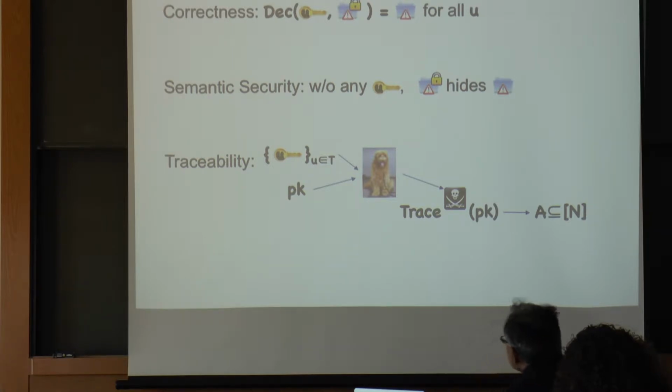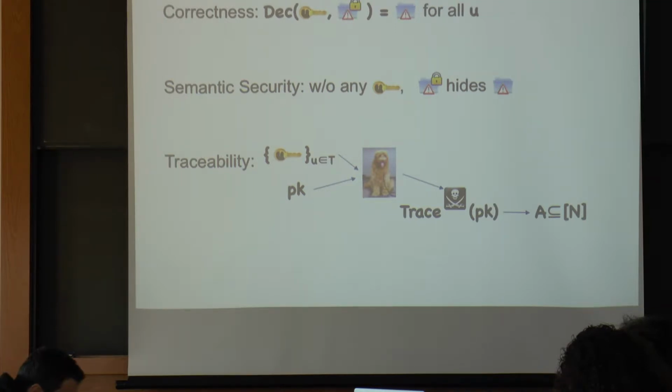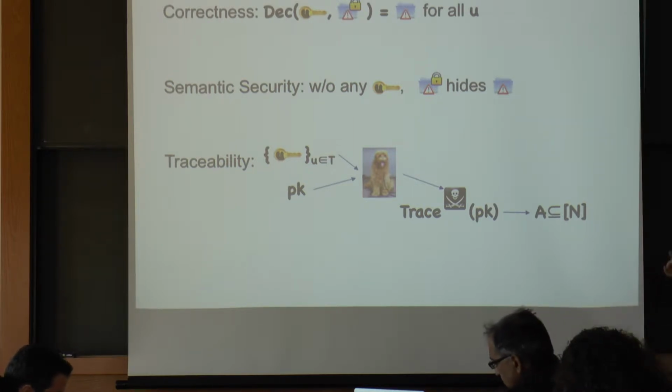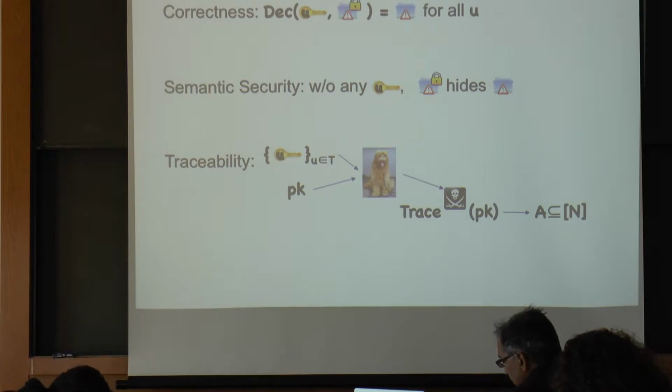Is it important that the public key is really a public key, the encryption key? You can just keep it secret also. It's not necessarily important for the spy application, but all the tools we'll use, we can easily get a public key or secret key. They're sort of interchangeable, so public key is stronger because normally you can add authentication on top of that if you don't want to allow anyone to encrypt to the channel. So since we can get it, we might as well consider public keys.